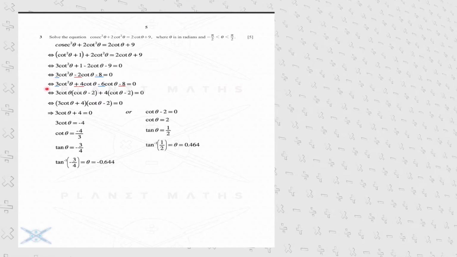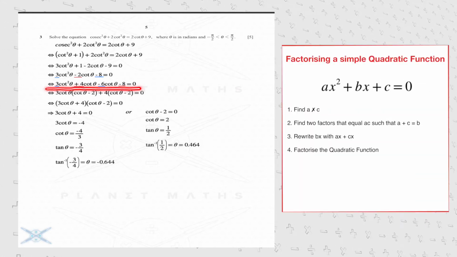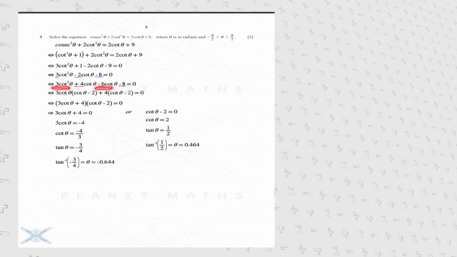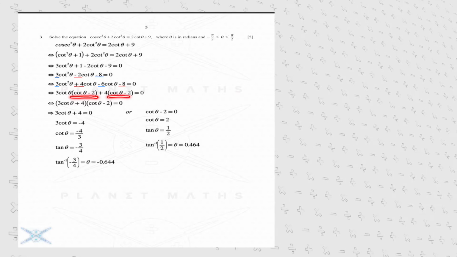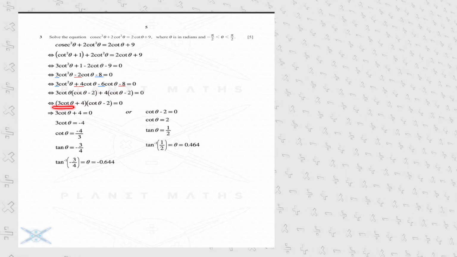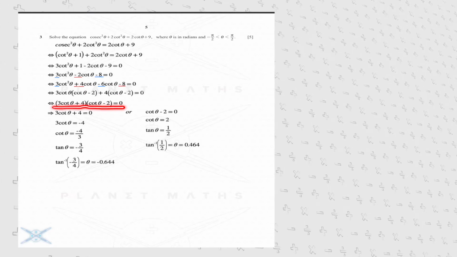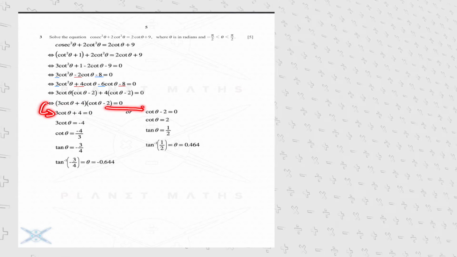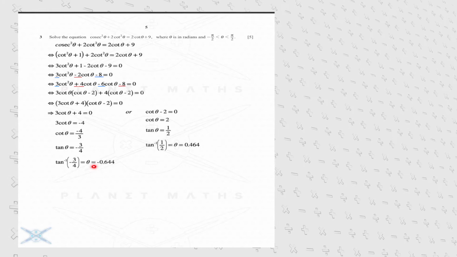Employing the method provided, we can rewrite the equation as follows, which will help us in factorizing the entire equation. At this stage we can factorize 3 cotangent theta, followed by the possibility to factorize the expression cotangent minus 2. At this stage we can again exploit the fact that a product equals 0 if at least one factor equals 0, and after calculating each of those options we can conclude that our solutions are either -0.64